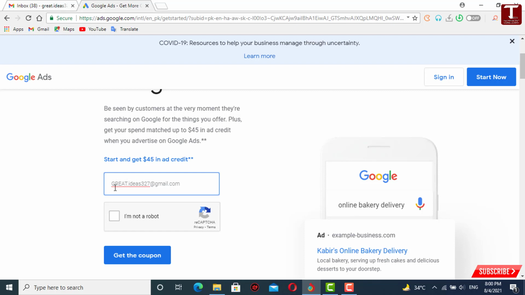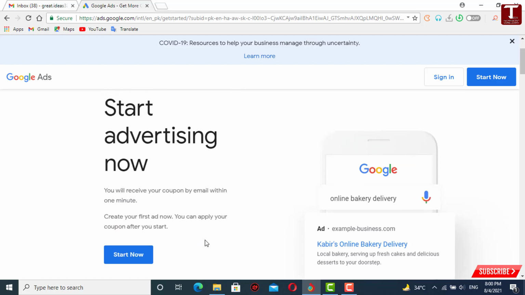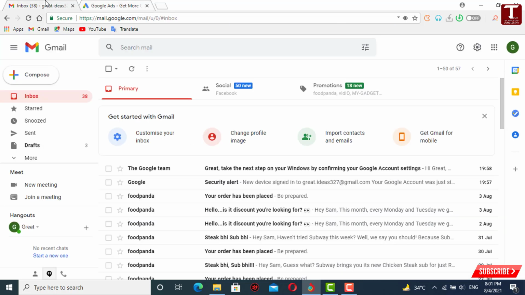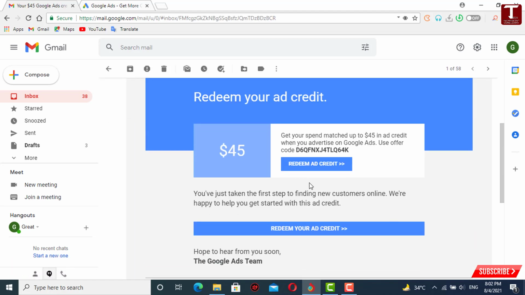And then you have to check the box I am not a robot. Click on get the coupon. Now you have to go to your Gmail account and refresh it, and then here you will get an email from Google Ads. You have to open this email. Here you can see your $45 Google Ads credit. Now you have to copy your coupon code,